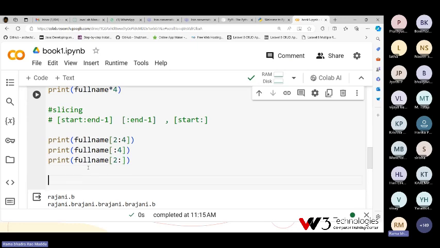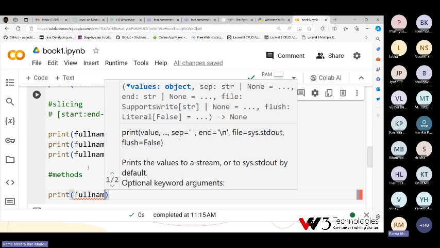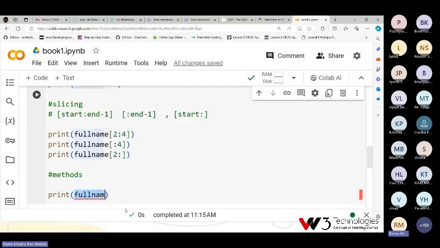And some important methods are available in strings. A number of methods are there, and we can discuss a few ready-to-use methods.